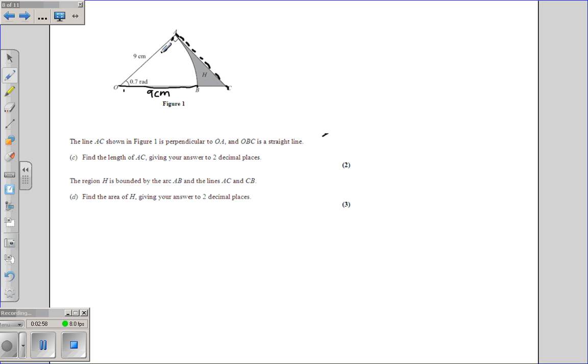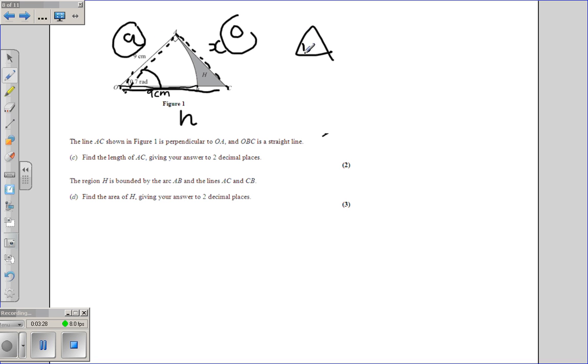Now what we've got is we've got a right angle triangle. We know this is 9. We want to find this, and we know an angle. So we can just use SOHCAHTOA. We've got the adjacent. This is going to be the hypotenuse opposite the right angle. This is going to be the opposite to the angle that we know. This is the adjacent. So we've got the adjacent, and we've got this side here that we're trying to find. So it's the A and the O, so it's tan. So for tan, it's TOA,